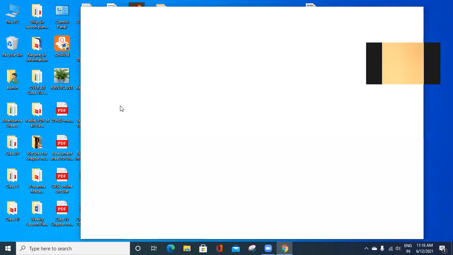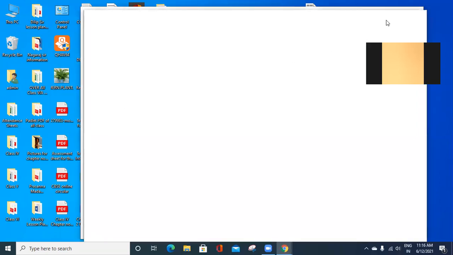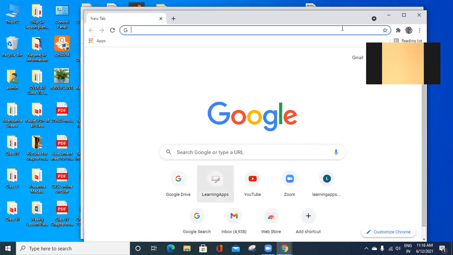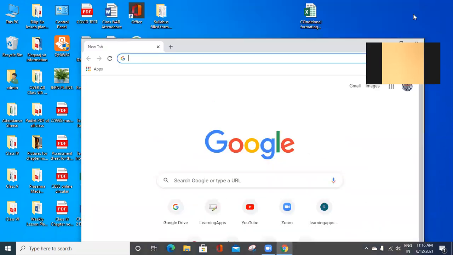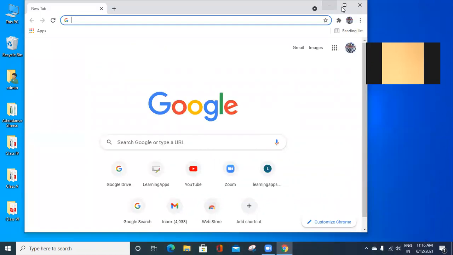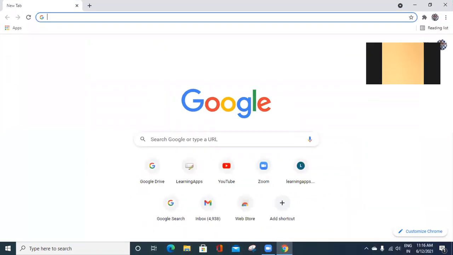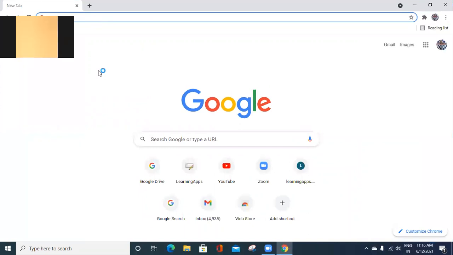Okay, the browser gets open. Then here two options are there for you. What are those two options?